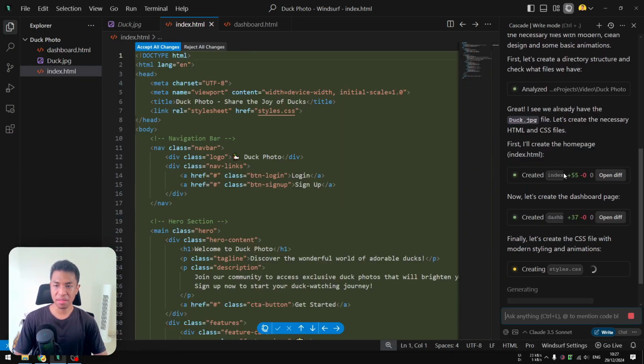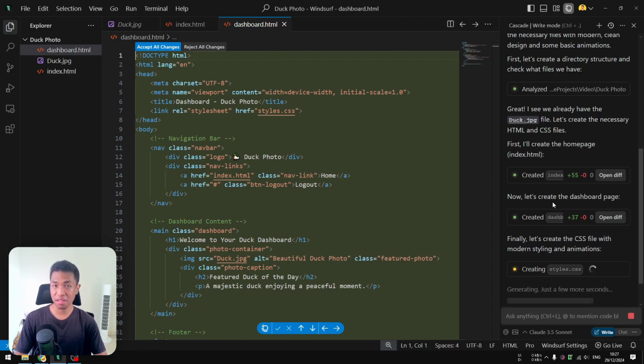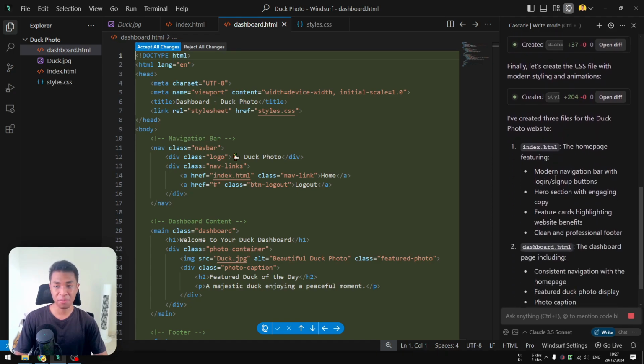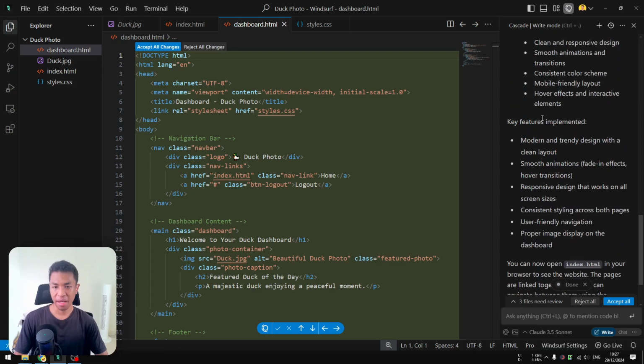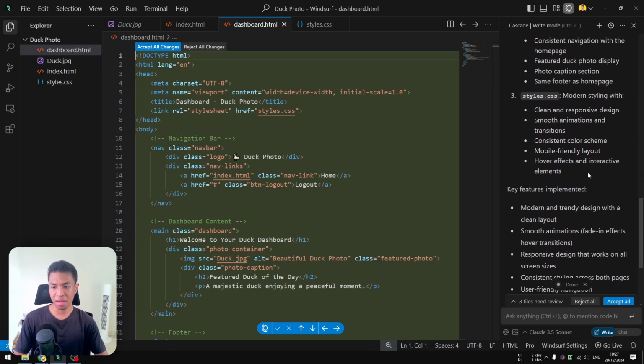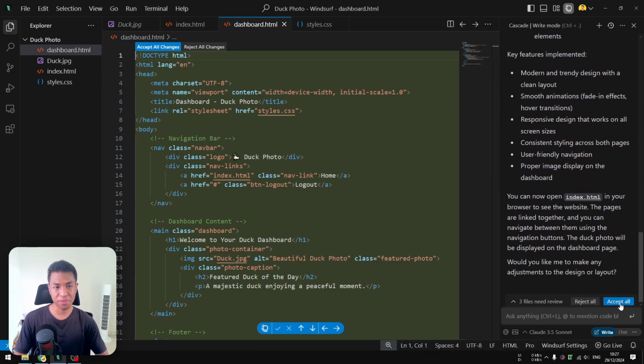Okay, it is creating the index.html, which is going to be the home page of the website. It has also created the dashboard page, where the user can see the duck photo. Now it is creating the CSS file, which is responsible for the look and style of the website. So far everything looks good, and I'm going to click the accept all button to accept all